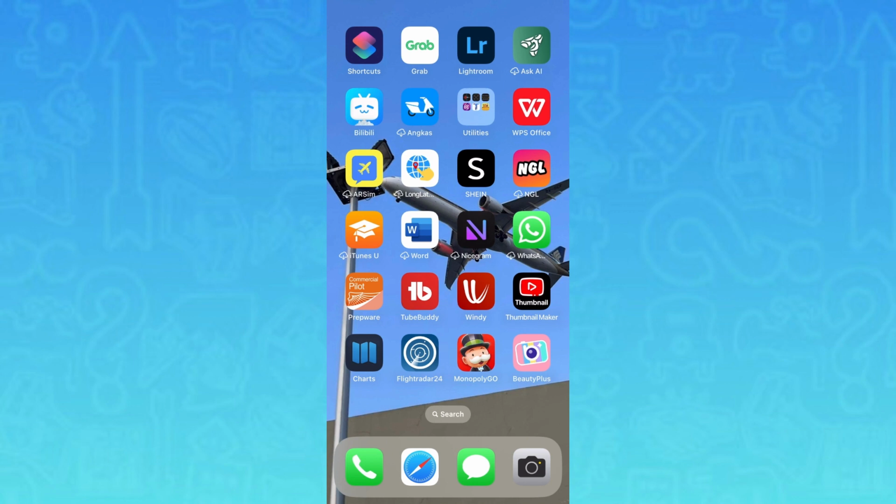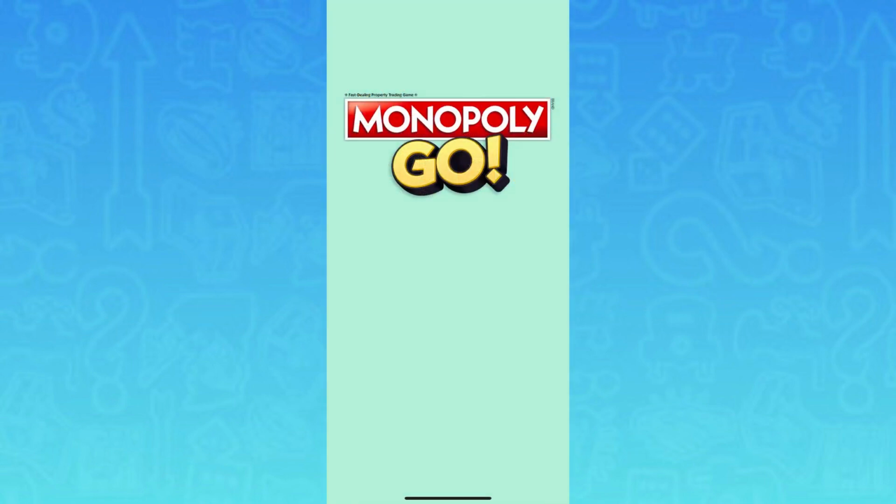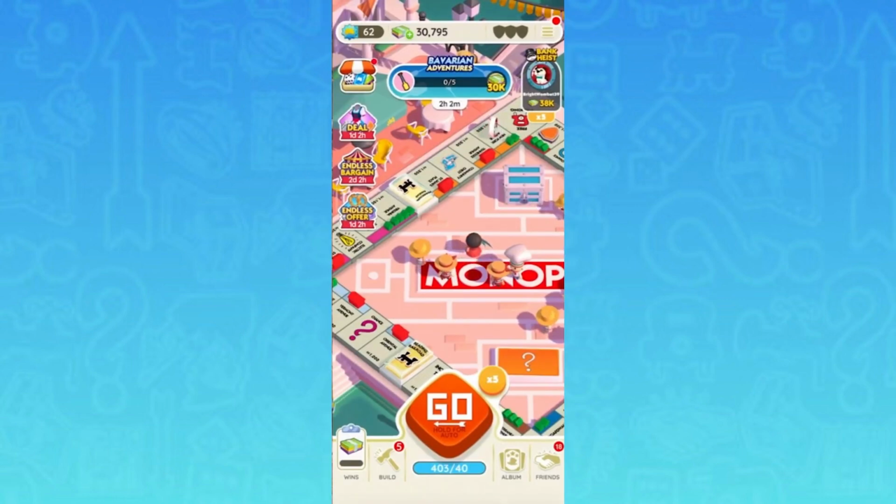Without further ado, let's now begin. There are actually two ways for you to change your Monopoly Go profile picture. I'll be showing you how to change this as a guest as well as with an account that's connected to your Facebook. Now, let's go ahead and open up Monopoly Go, and from here, if you're using a